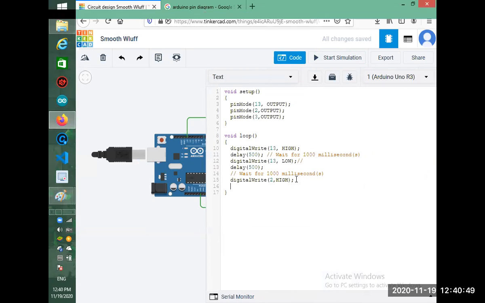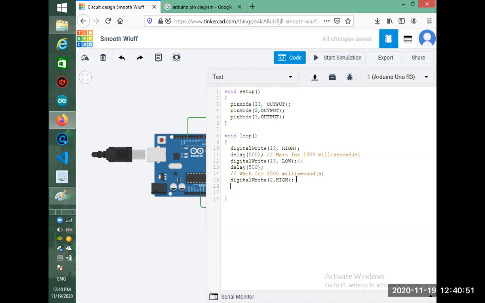So we'll write delay. Delay means time. It's a function which is used to deal with time. We say delay, and we put, for example, 500 milliseconds. It means half a second.